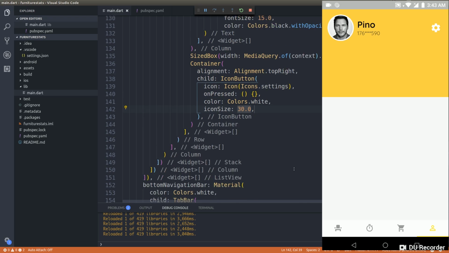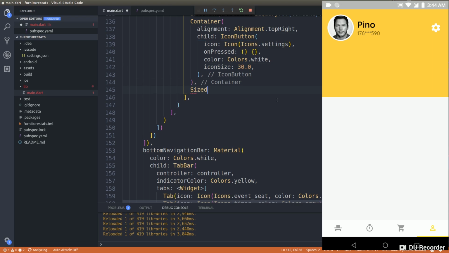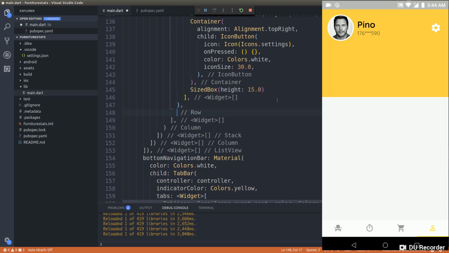let's go ahead and create these 4 options. Okay, so in order to create those 4 options, I can simply bring in a row and then create one option and then copy paste that same for the remaining as well, right? And I can specify space evenly for that row so that it looks, yeah, I'll do that rather than sitting here and talking. So after this container, I'll include some space, sized box, height will be some 15.0,